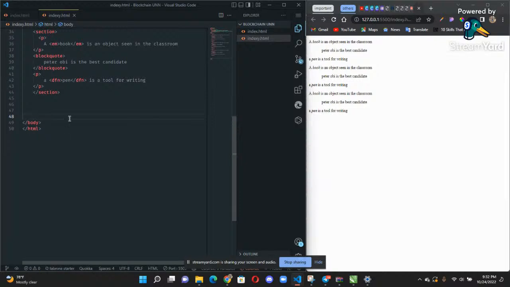I'll be putting them down here for you guys to see. Before coding out a table in HTML, you need to use the table element first. The table element comes first in everything you are doing in a table. Everything comes inside the table element. After which we have the tr, which is the table row. We have the th, which is the table header. We have the td, which is the table data. We have the thead. We have the tbody. We have the tfoot.